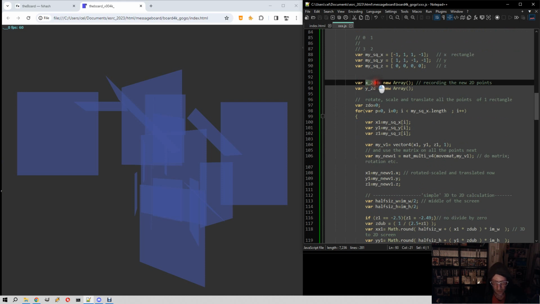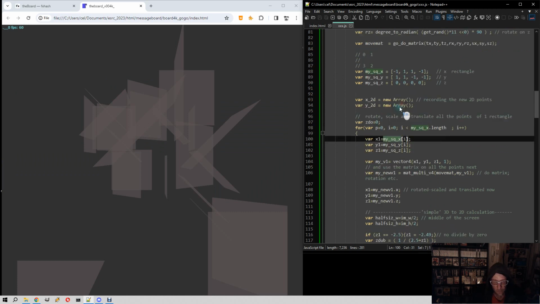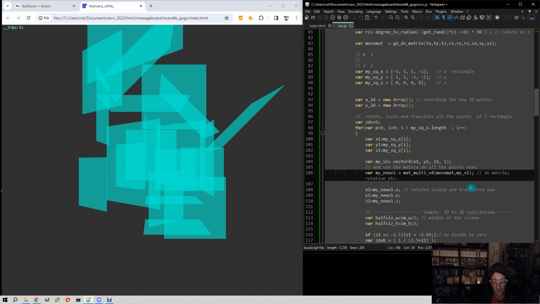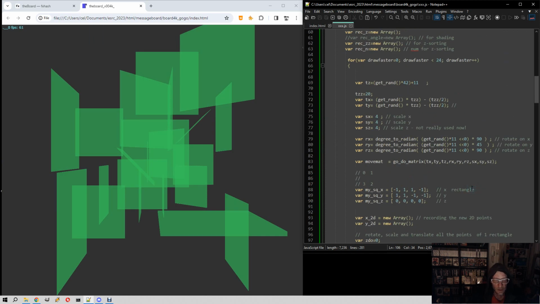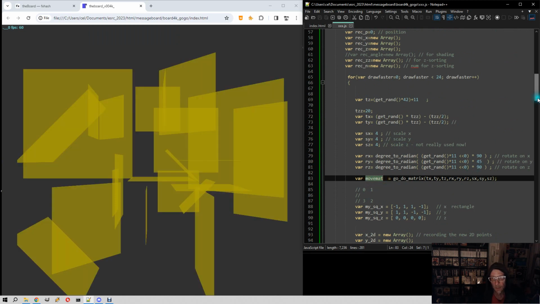I do a calculation to store it in a 2D engine. I get my first point, make it a vector, and with this rotation I created a matrix where I put in all the